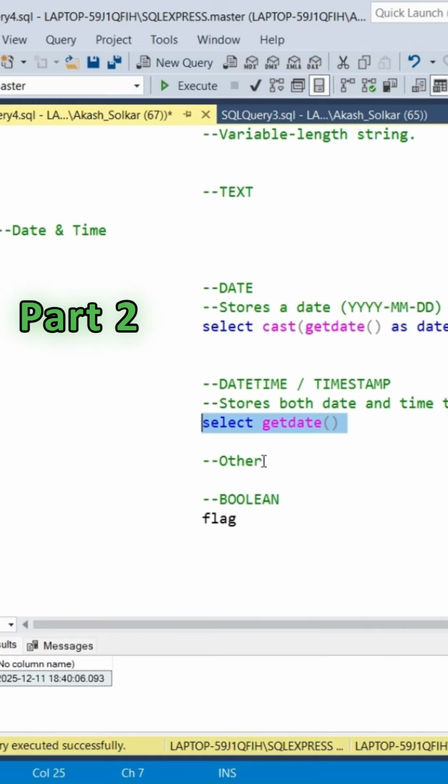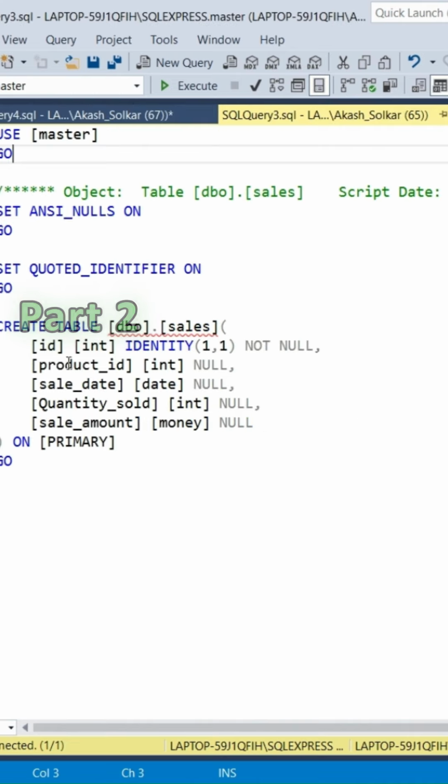The other data type is boolean. A boolean value basically stores true and false values. So if you want to define a flag, like whether an admin is active or not, you can define it in the table using a flag value, true or false. Like you can define the data types like